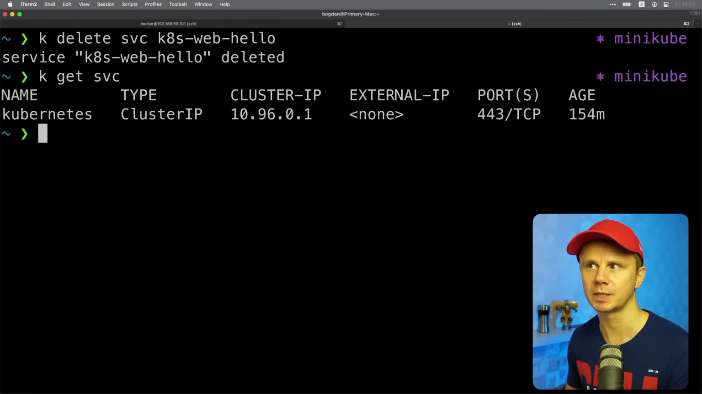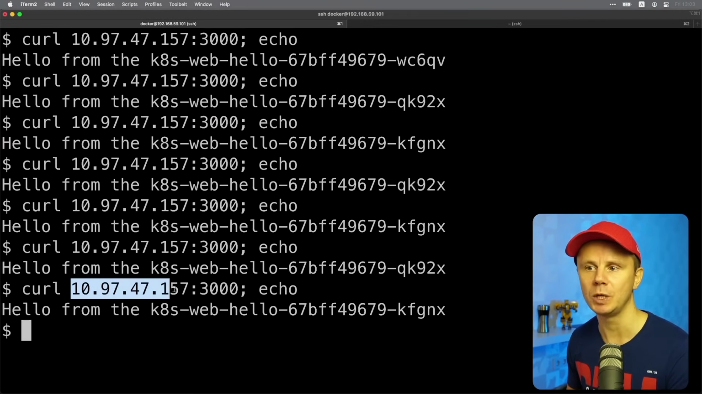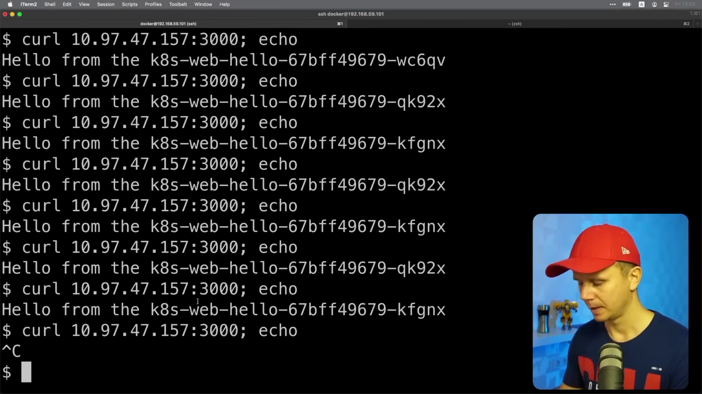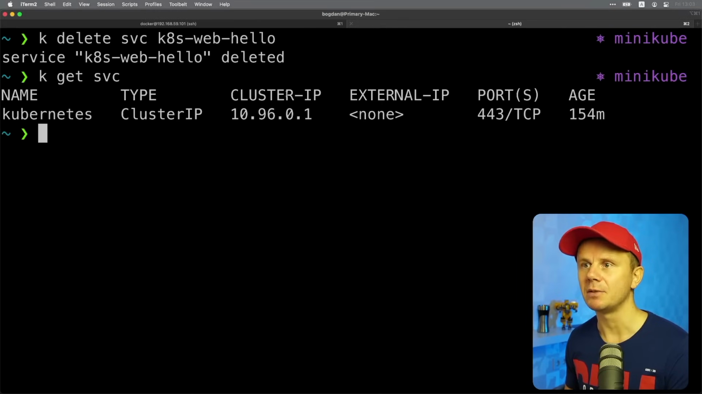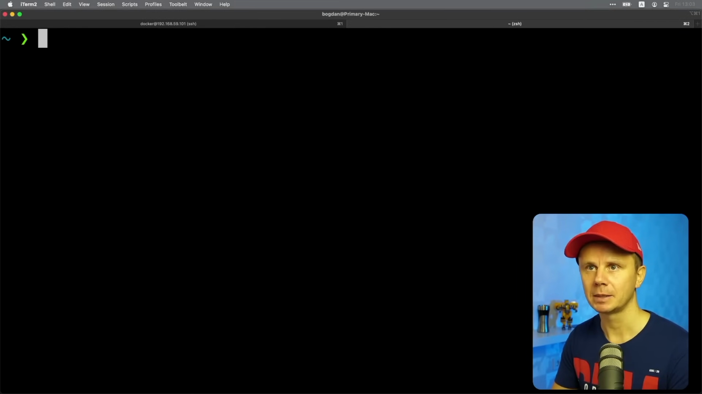There is no such service anymore, and if I try to connect again to deployment using ClusterIP which we used before, I'll definitely get an error. So I see no response. Great. Let's now create a service again, but now we will set its type to NodePort. Let's use same command, k expose deployment